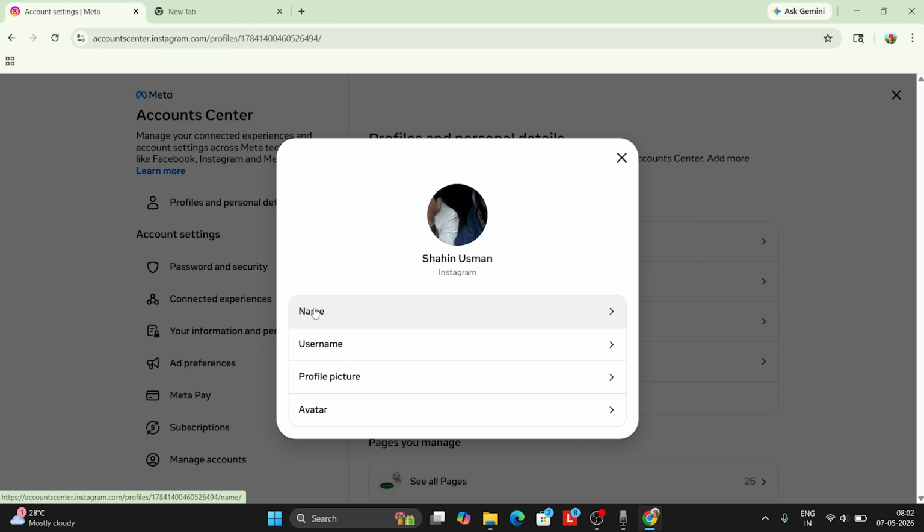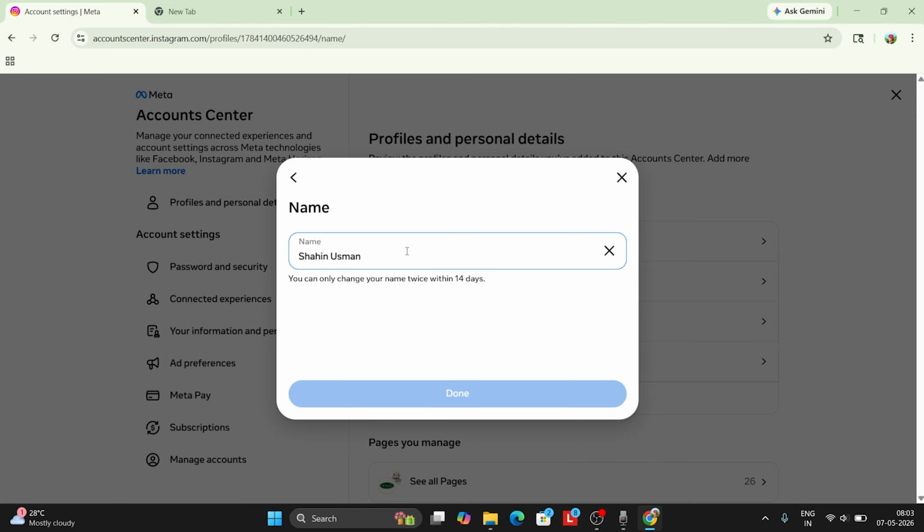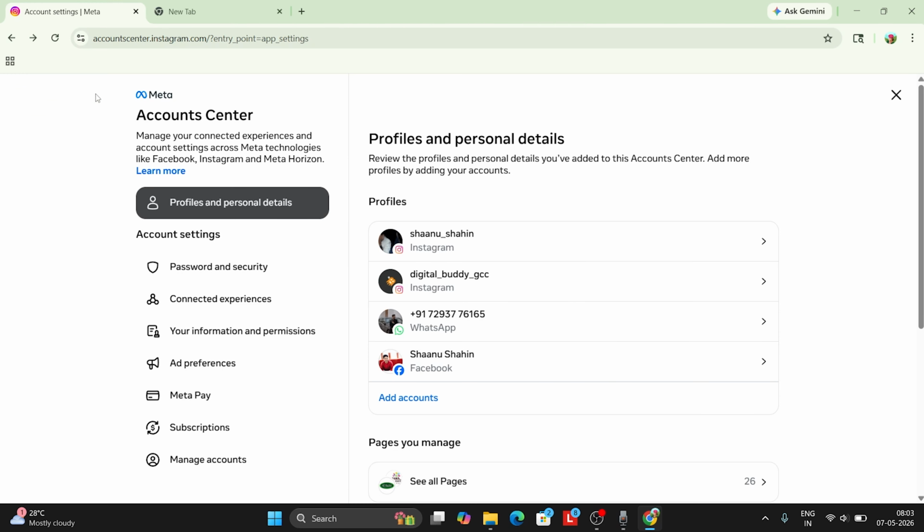Now if I want to, I can click on the name and change it. They're going to ask me what I want to change, and I can change it to whatever I like. Also make sure you can only change your name twice within 14 days, not afterwards. So make sure that once you change it and save it, and you go back,